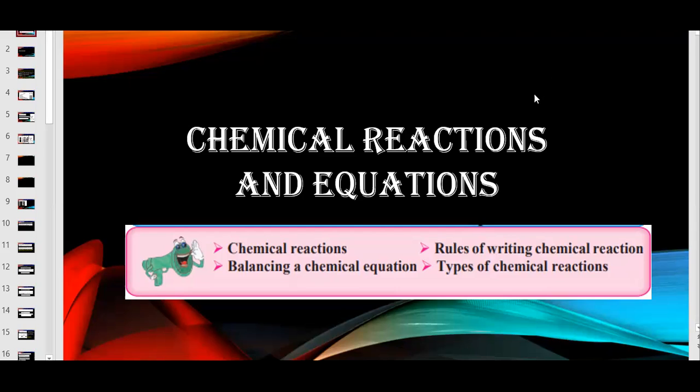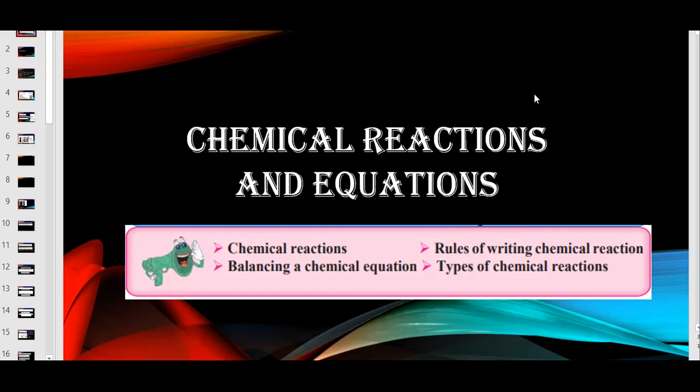Here in this chapter, we will learn how to write chemical reactions. There are some reactions where some things are added, and we will study what reactions they give. Of course, we don't have a laboratory here to do all those experiments, but we can observe and try to understand what reaction two molecules or two compounds can give when added, and how to balance the equations. These are the things we are going to learn from this chapter.